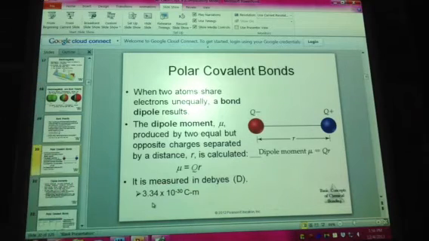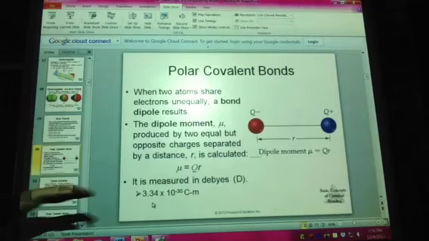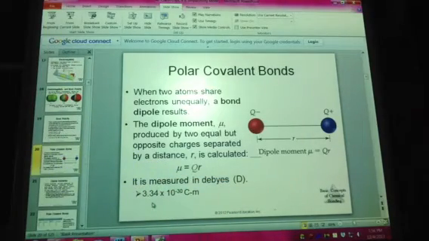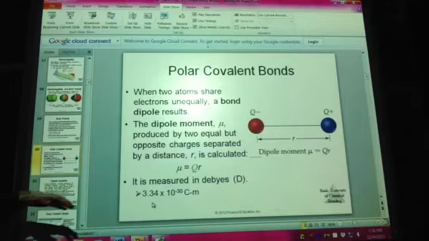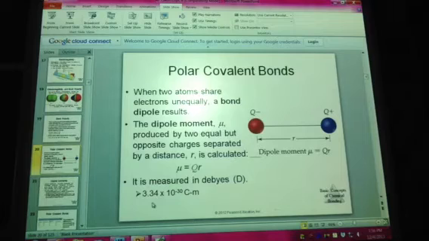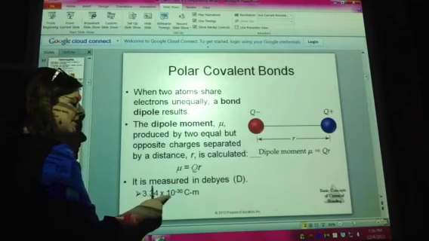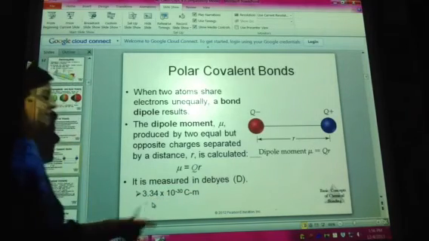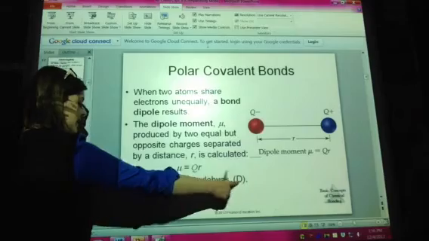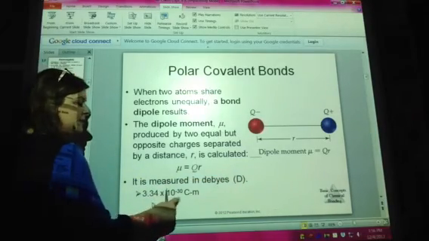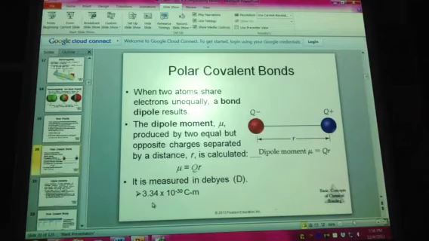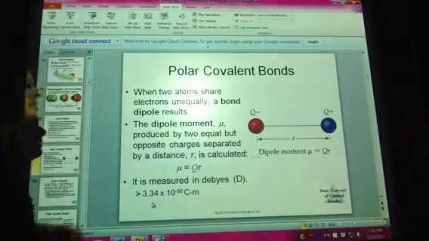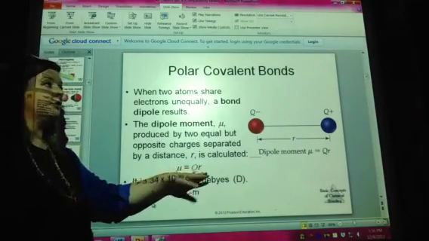but more typically we measure it in debye, which is symbolized with a capital D. We need to make sure that we remember our conversion factor, and that is that 1 debye is equal to 3.34 times 10 to the negative 30th coulomb meters. So please make sure that you have that this number equals 1 debye, 1D. Because if we do this formula, we're going to get coulomb meters. But we want to